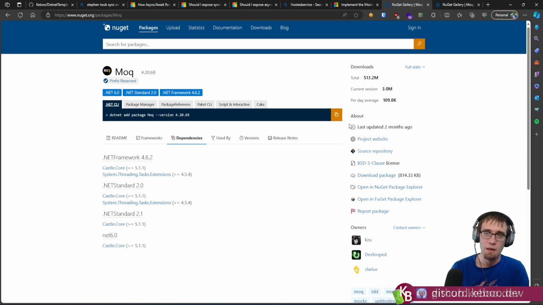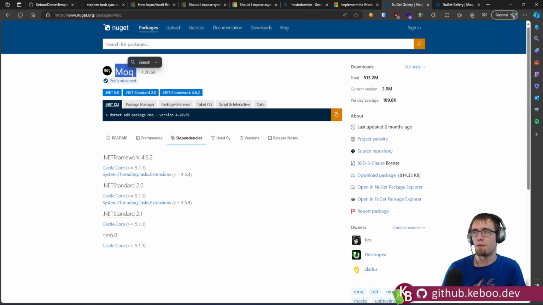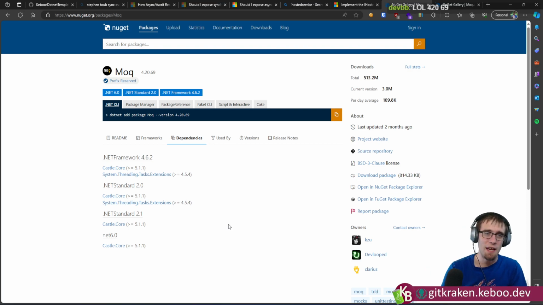Like with the mock thing, there's now a version of the library that is completely open source, and the other stuff has been stripped out. 4.20.69 also has the stuff stripped out. So should you switch over to that other library? I don't know. There's nothing forcing me into not using this version right now. So waiting will oftentimes